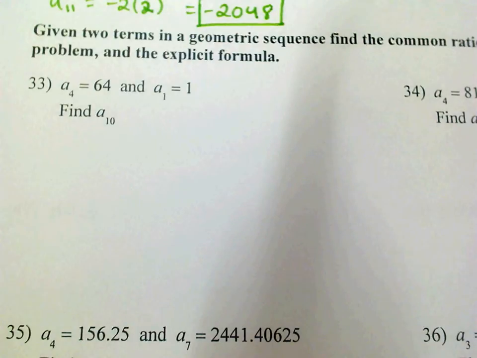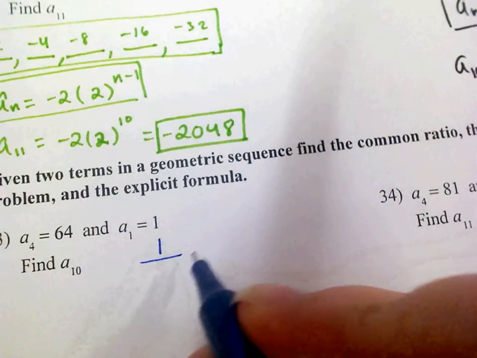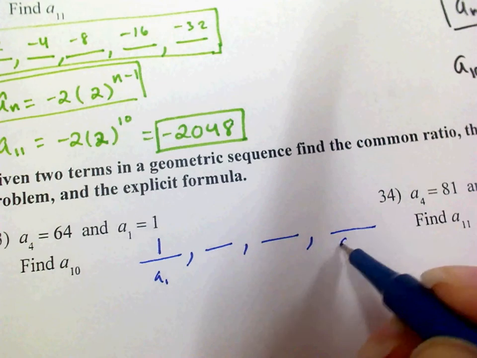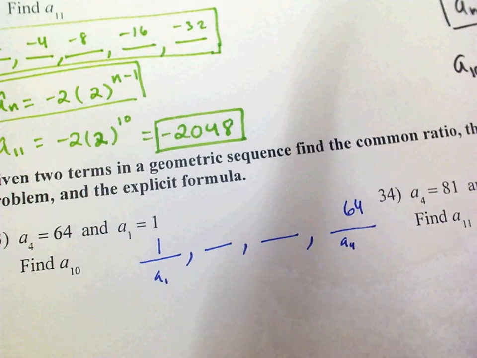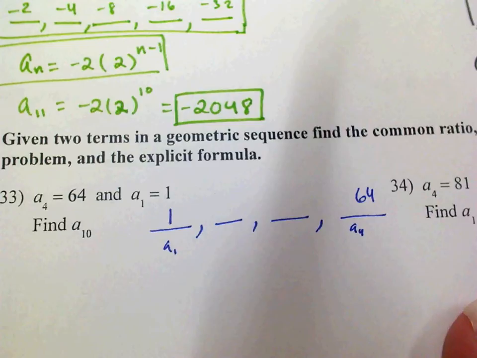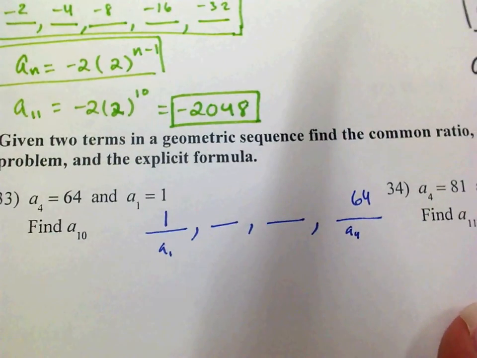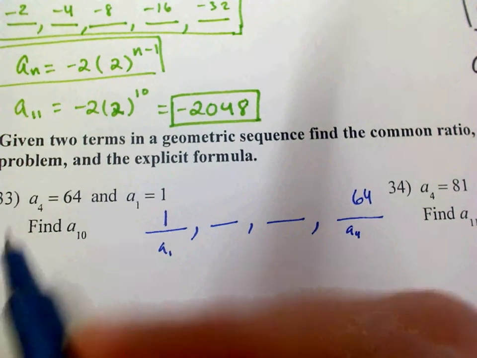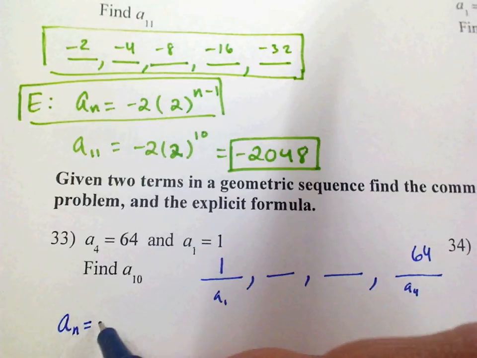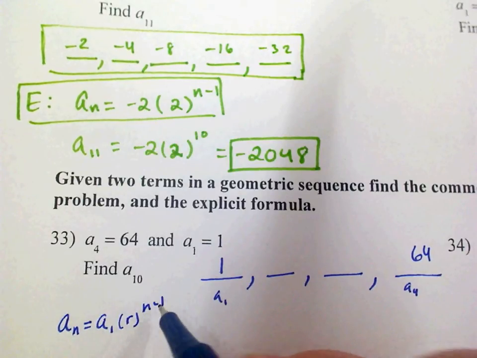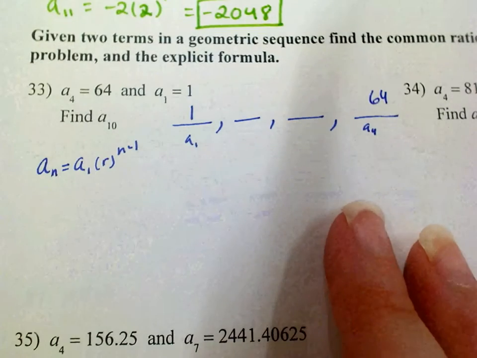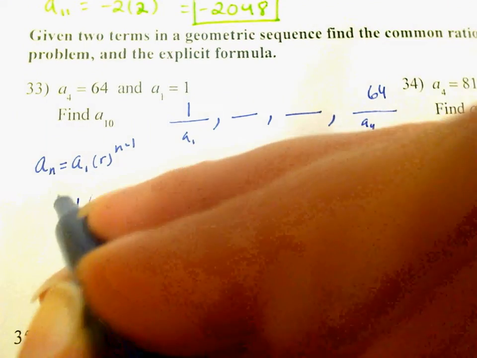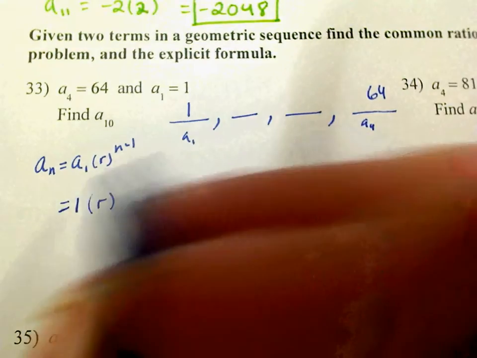So, here's what I know. I know the first term is 1. I've got the second, the third, and then the fourth term is 64. I want to find the 10th term, the common ratio, and the explicit formula. So, if I use the formula a sub n equals a sub 1 times r to the n minus 1, what I do know is that the first term is 1. I don't know what the common ratio is, but I do know that if I let a sub n be a sub 4, which is 64,